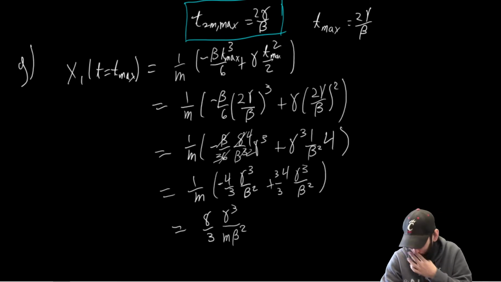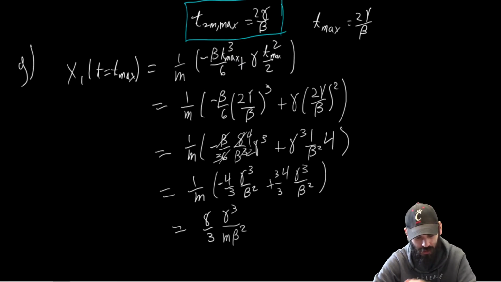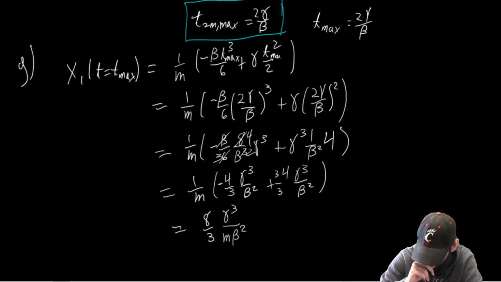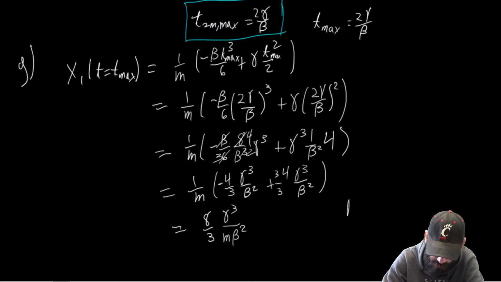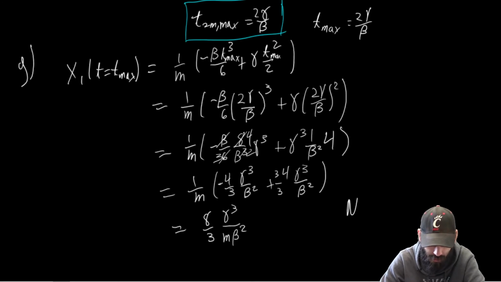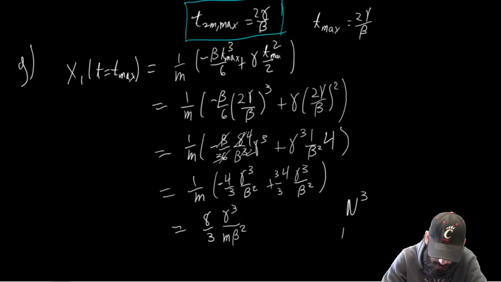Okay? So let's go back through and check our dimensional analysis here. So we know that gamma is going to be units of newtons. So we have a newton. Beta is going to be in units of newtons per second. So this is going to be newtons cubed, newtons per second. This is going to be squared. And so we also have a mass here. So this is 1 over mass. So we have units of newtons per